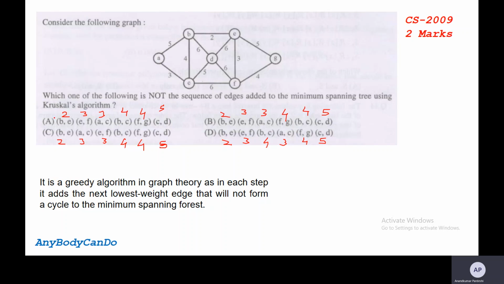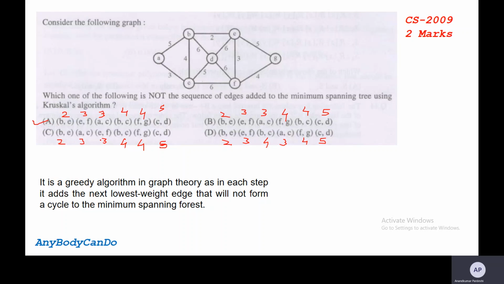If you see, this is in ascending order. So we can say this is the sequence of edges added to the minimum spanning tree using Kruskal's algorithm. This one is following Kruskal's algorithm.